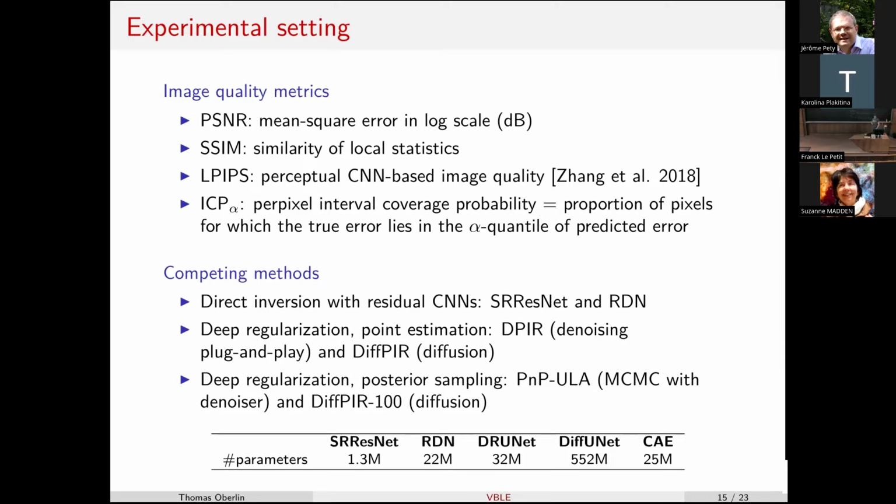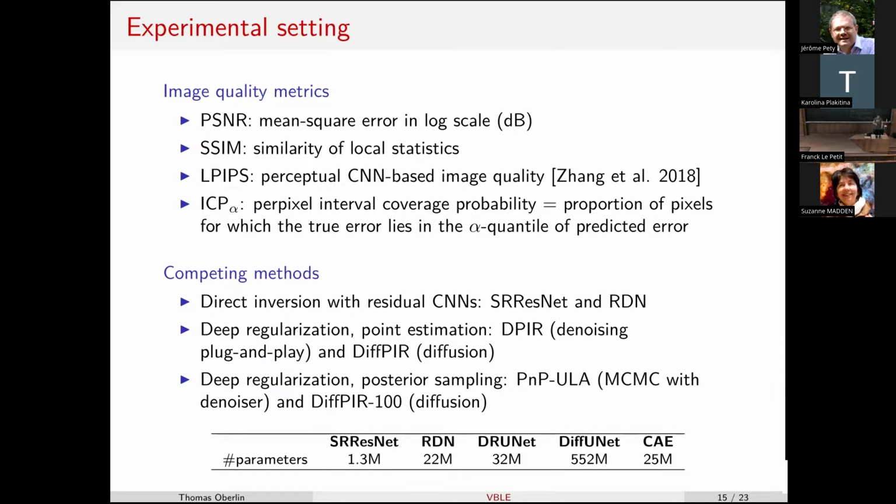We call this ICP. The ICP alpha is a per pixel coverage probability that will count the proportion of pixels for which the true error is in the alpha quantile of the predicted error. So the goal is to have ICP alpha as close as possible to alpha.